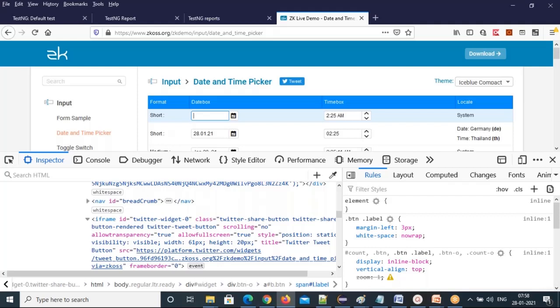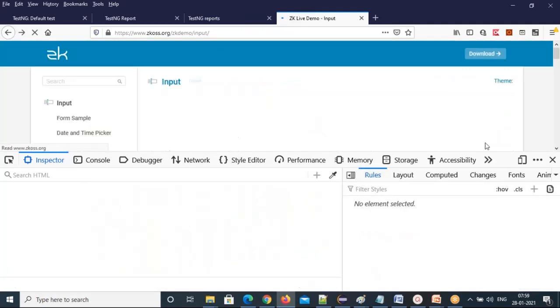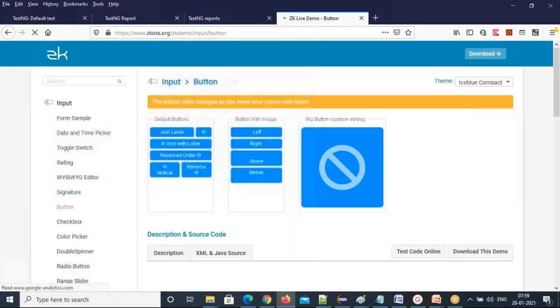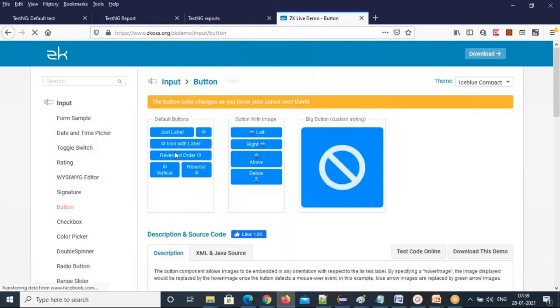How can we do this? Let's see how to do this. And then for the next test case, I'll go back. Every time my landing page is this one, I have to come back here, and then I'll go to the next button. So the next scenario is a button test. I want to fetch all these button names into my collection, iterate over it, and then print these names. How can you print? This is the second test case. Then go back.